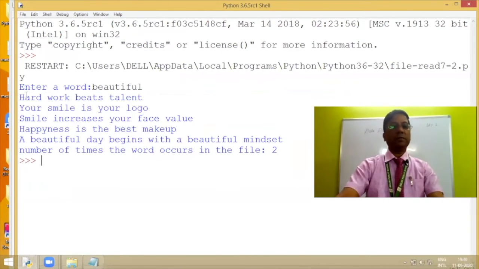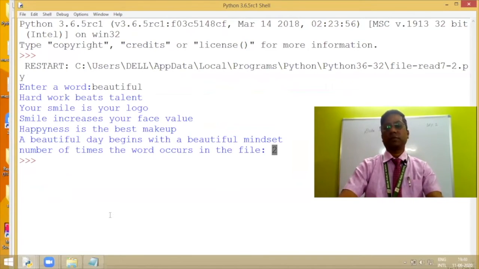Now if you see here, the first occurrence is here, the second is here, so it occurs 2 times. So I'm getting the answer twice. Now let us move to the next question.